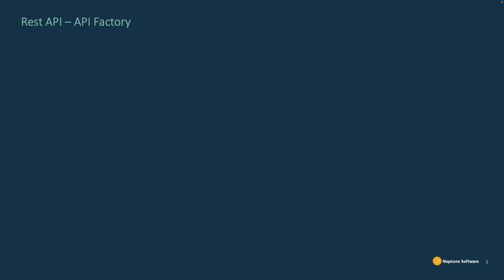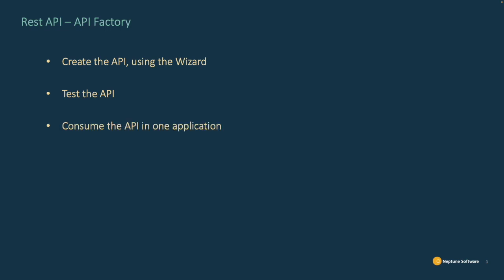On this one, we are going to learn how to create an API, but instead of using the API designer, we are going to use the API factory. In the first step, we are going to create an API using the SAP wizard. Then, in the second step, we are going to test the API on the cockpit. And in the final step, we are going to consume the API that we have created in the application that